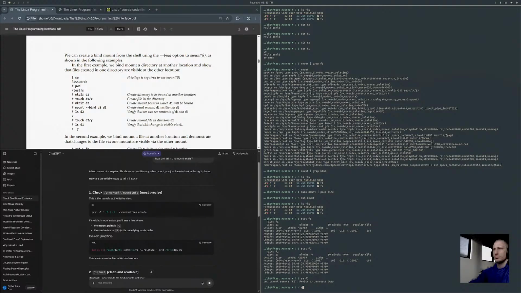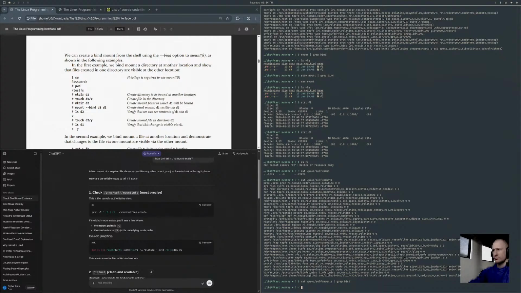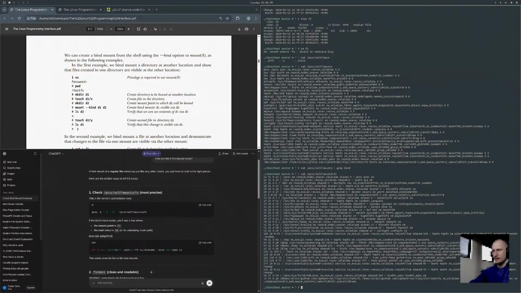Oh, cat /proc/self/mountinfo or mounts. Grep for bind. Mountinfo. There it is.